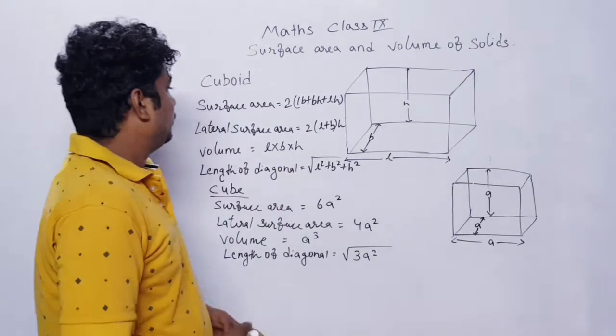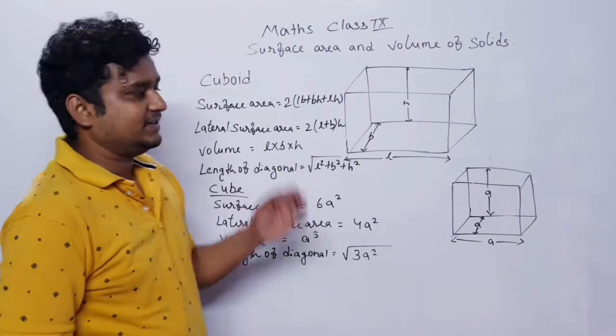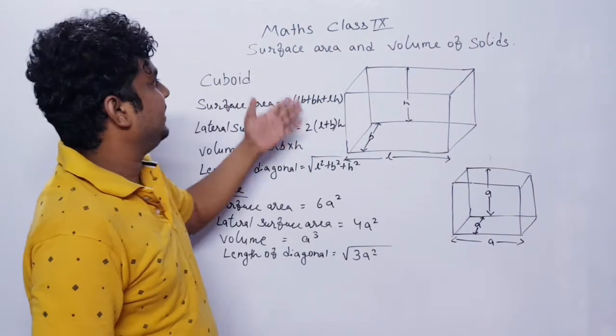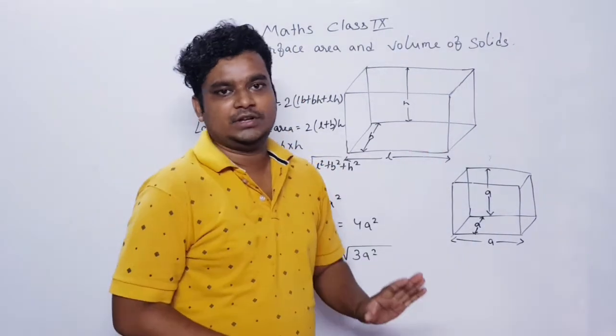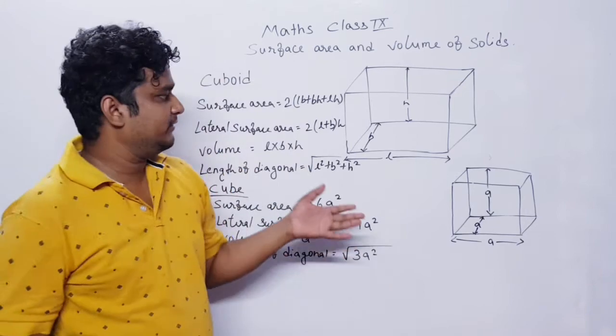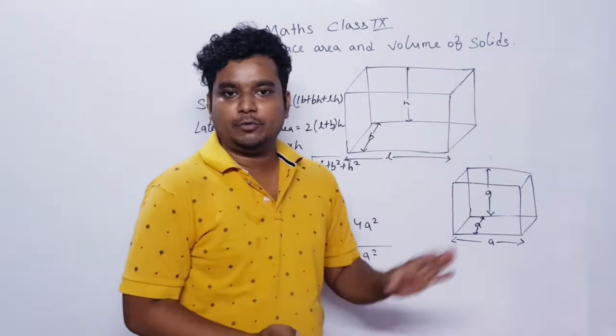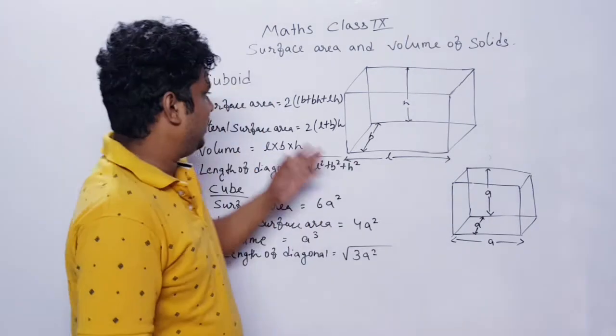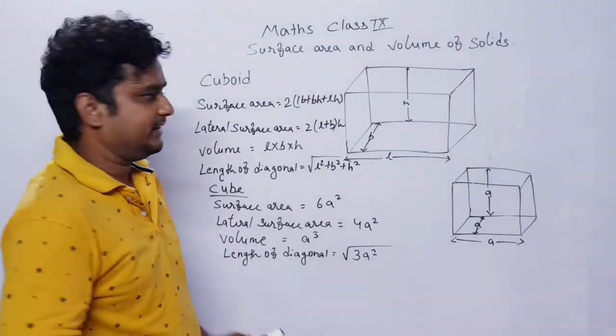Students, so today we are continuing with the maths, and we are continuing with the part of mensuration, and here we will deal with the surface area and volume of the solids. Solids means we will deal with the surface area and volume of cube and cuboids only. So before starting the chapter, I would like to tell you the formulas regarding that.